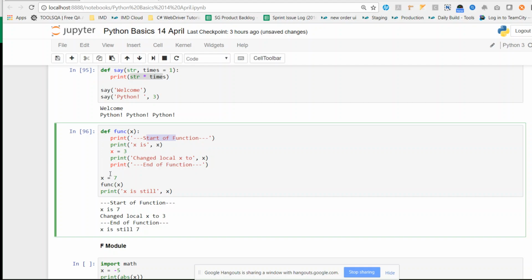Let's try to understand the flow of this program. If you don't understand this flow, you just ask me. First thing is the program will start from here. What is the value of x over here? X value is equal to 7. So what I am doing over here, step 1 is x is equal to 7. Step 2 is over here. What we are doing is call function, pass value of x as 7. So once I call the function, my program will go over here.